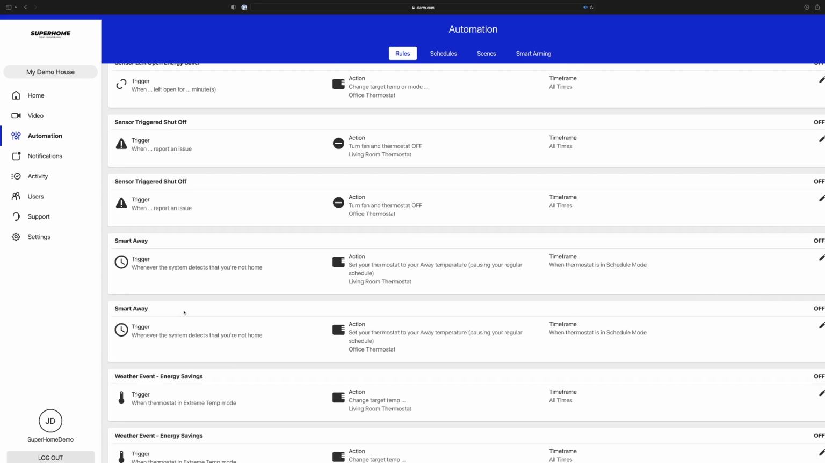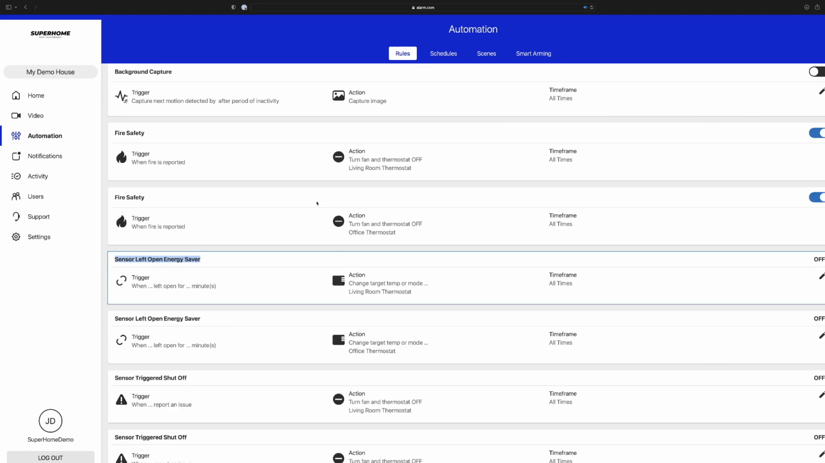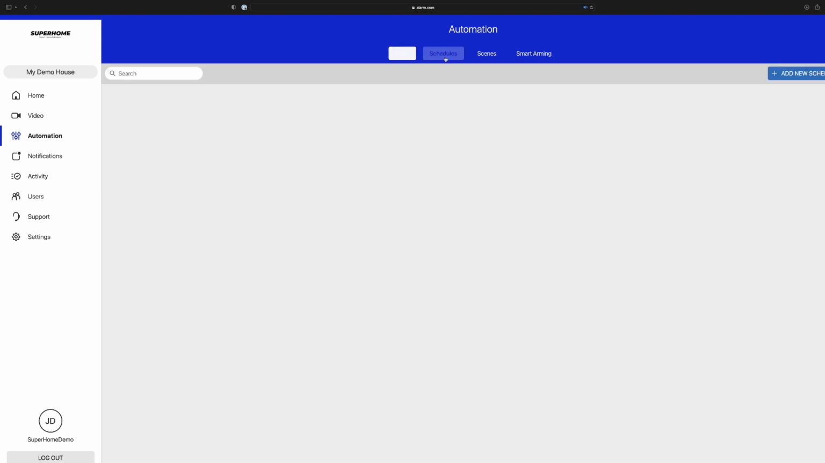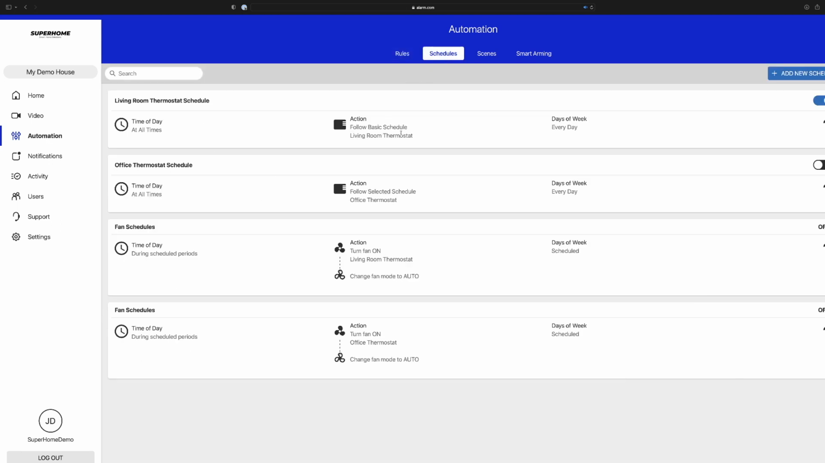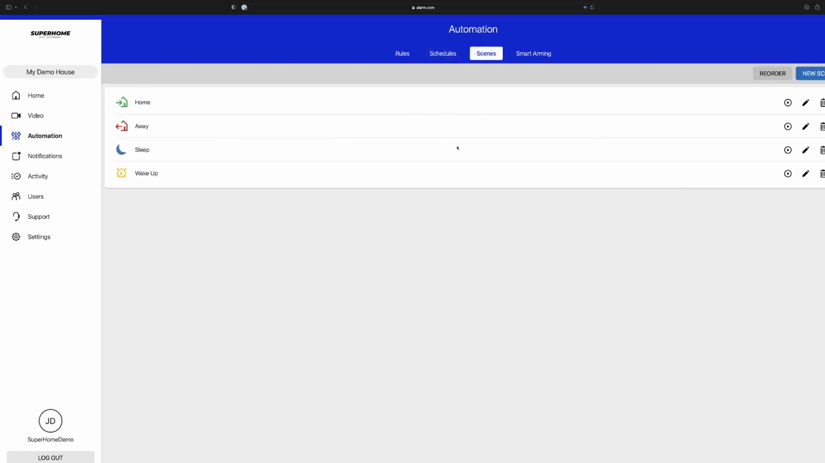Let's see. Yeah, so a lot of different smart triggering events you can do here. Schedules: if you have something pretty much the same time every day, you can have that scheduled here. You have scenes. So this is basically at the push of a button. If you have, let's say, a vacant Airbnb, you can generate a scene here that will do a handful of